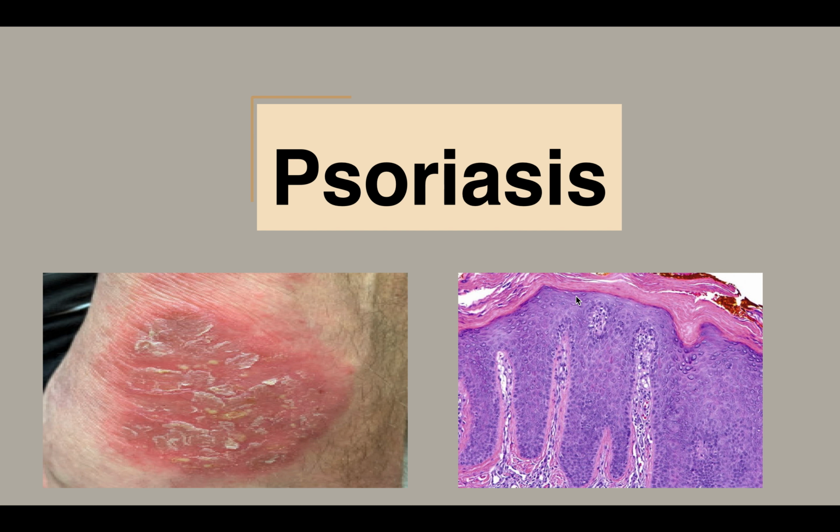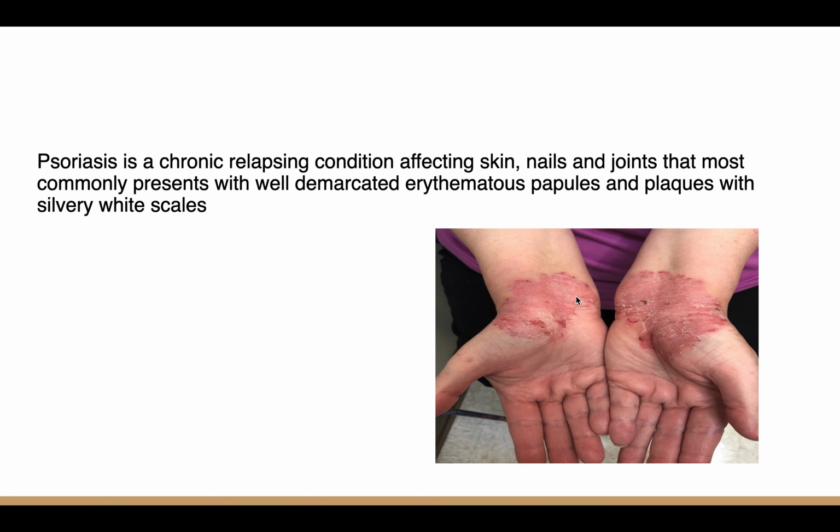In this video we will discuss psoriasis. What is psoriasis? Psoriasis is a chronic relapsing condition which affects skin, nails, and joints. Mainly it is a disease of the skin, and the characteristic lesion is that you find plaques or papules on the